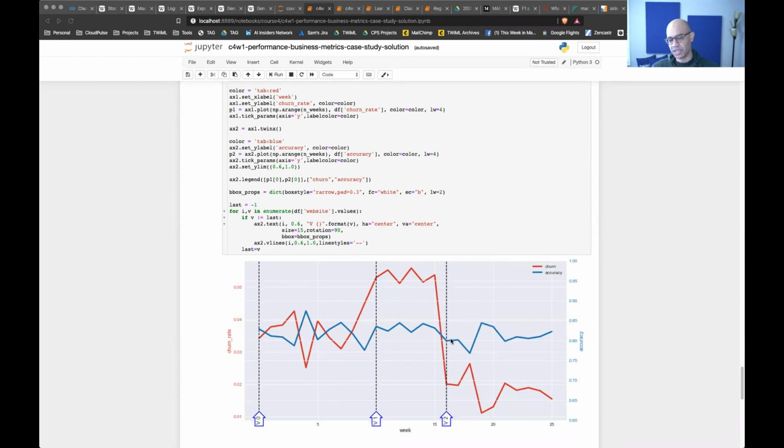But I think it's not uncommon for those to be separate, where you believe that the accuracy of your model and your ability to predict churn are correlated. You're predicting churn, and you're tracking the accuracy of your models, and you believe that as your model gets better, you should be able to predict churn better, and that has some kind of downstream